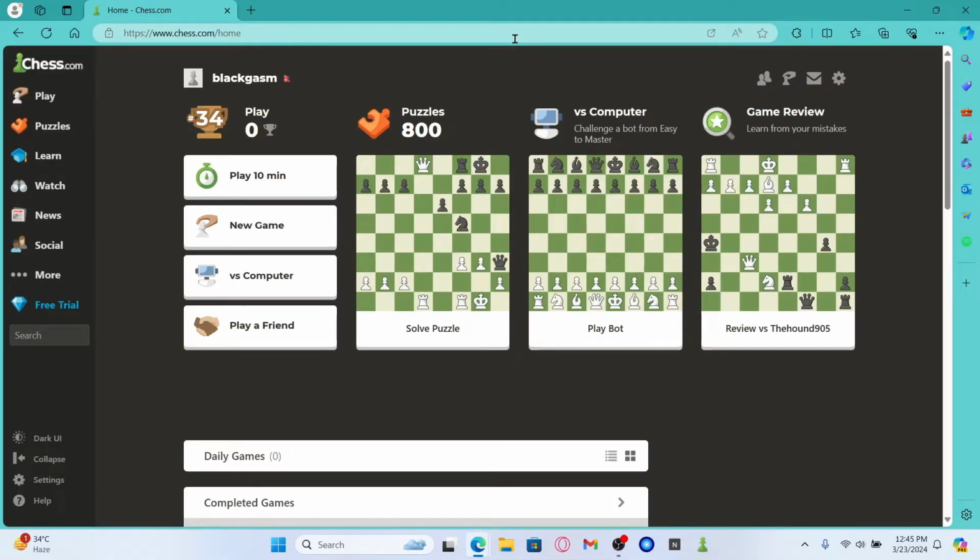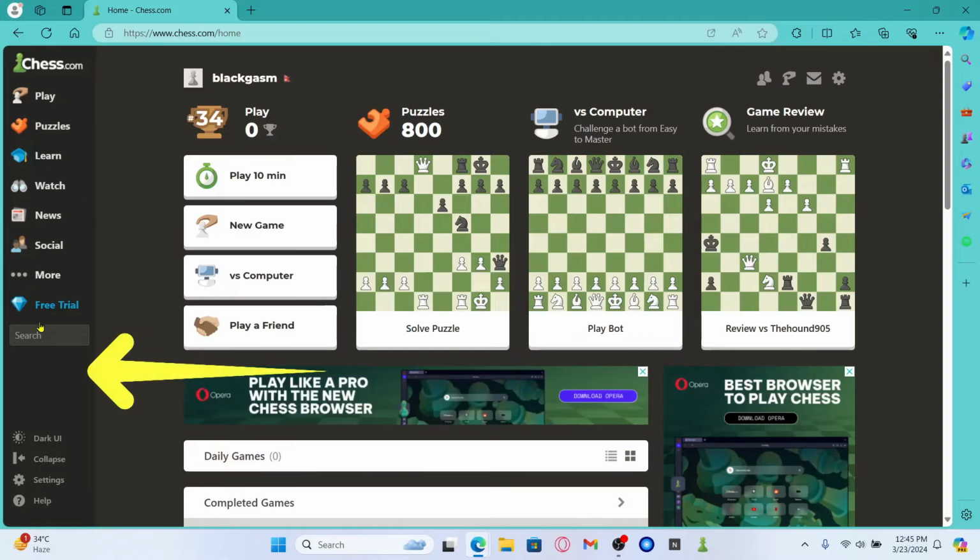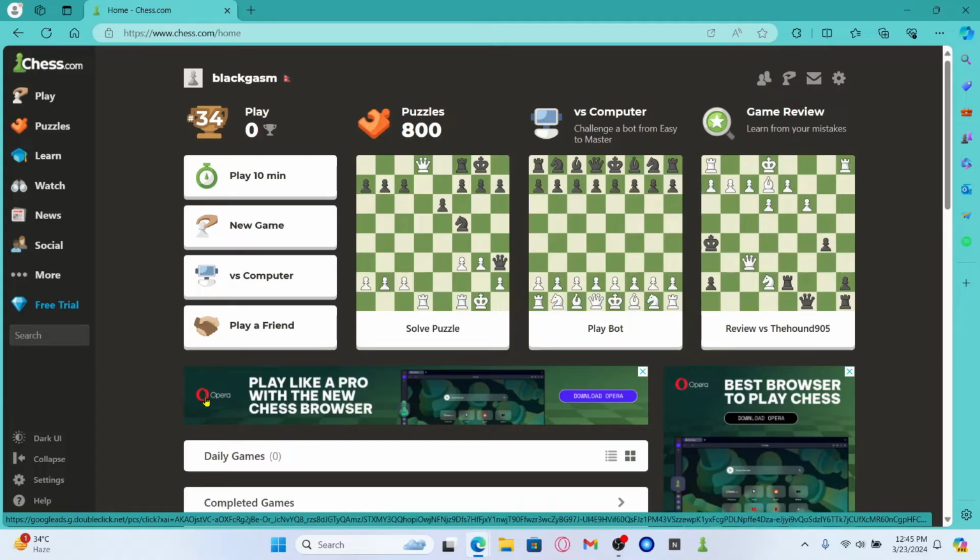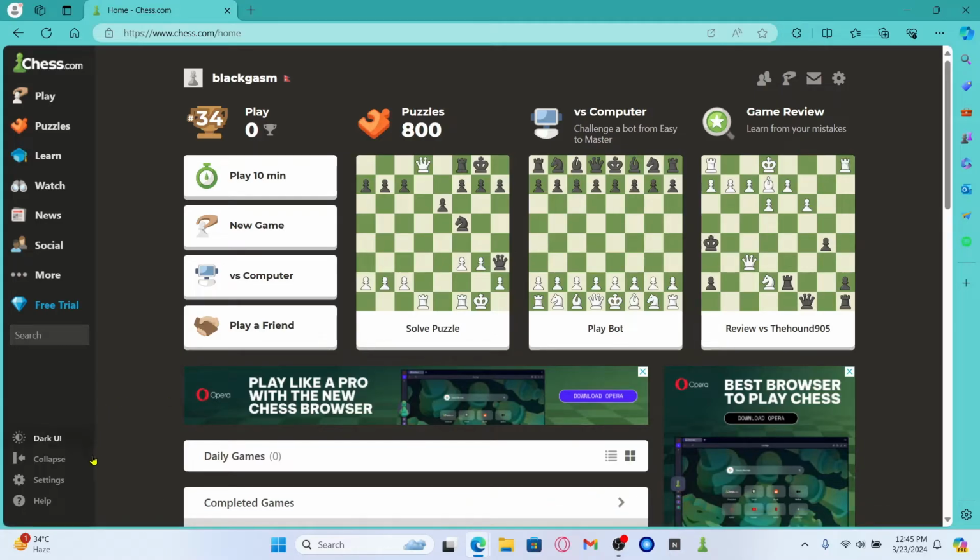Now if you haven't already logged into your account, you will find the login button at the left side underneath the search box. You can click on it and then use your credentials in order to log into your account. Once you have been logged in, you can click on the settings button at the bottom left corner and then